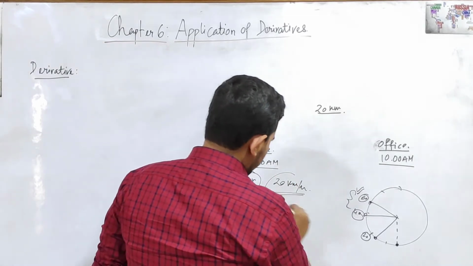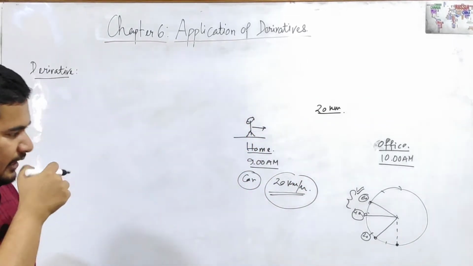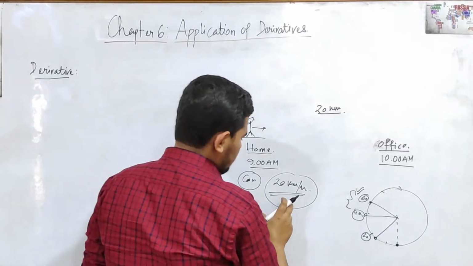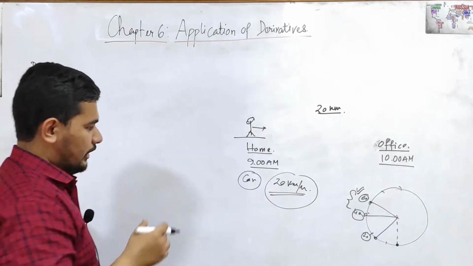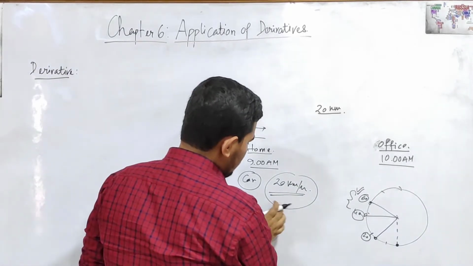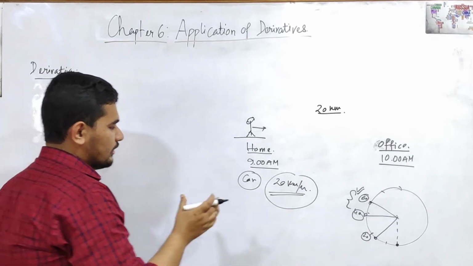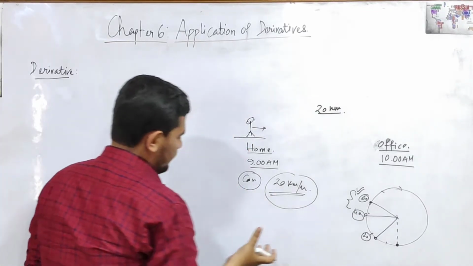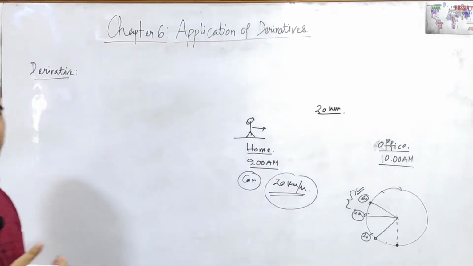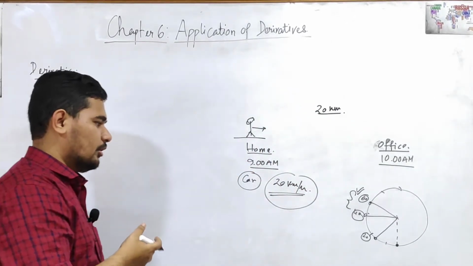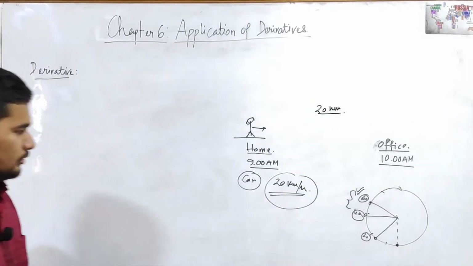Therefore, we always need the average speed. But more than that, you need the concept of instantaneous speed, that is, at any instant, at what speed the car or the bus is moving. To get a feel for this instantaneous speed, the concept of derivative has been discussed for more than a century already.